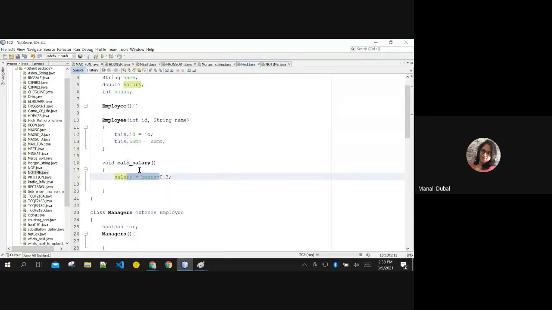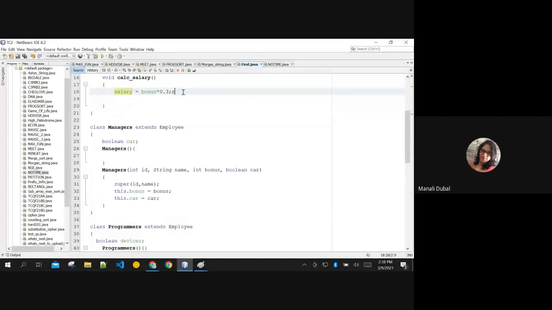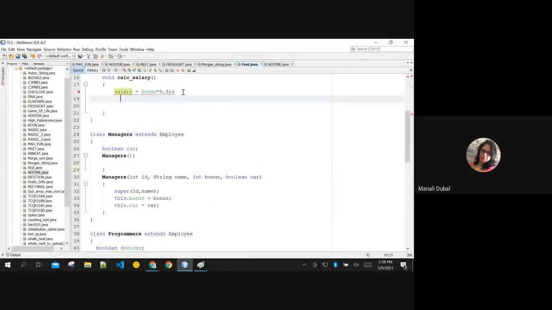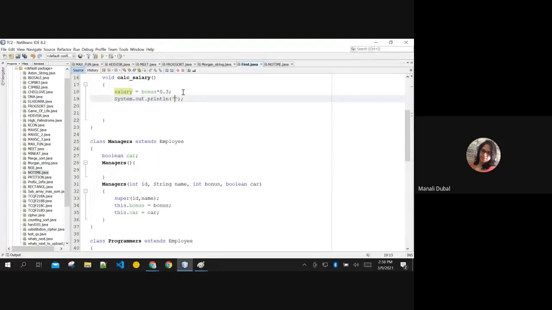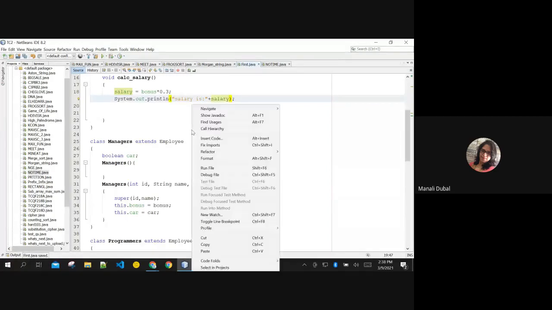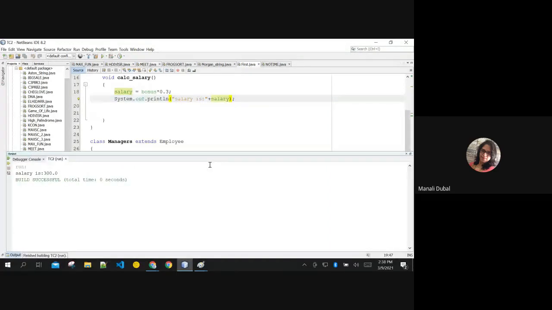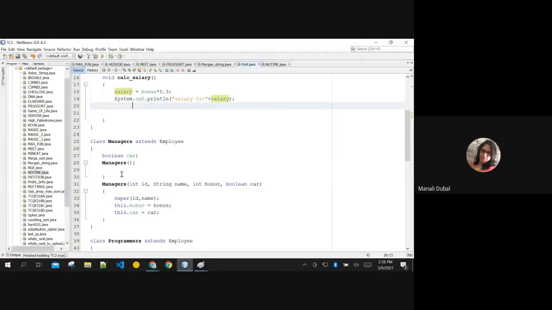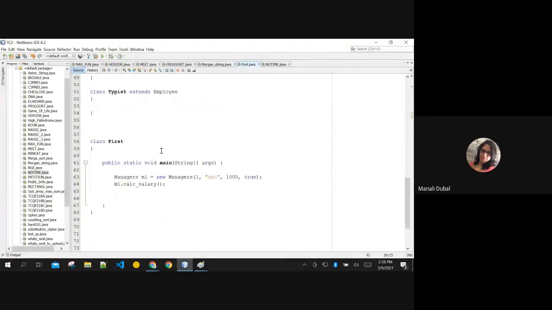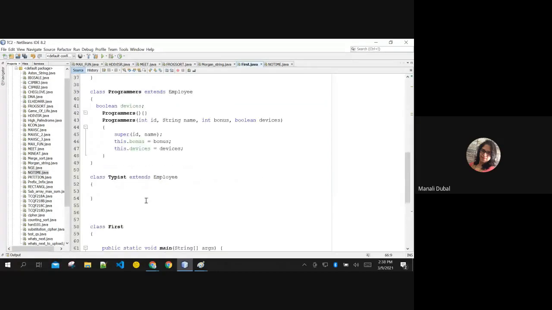Are you getting what we are doing? I have not printed anything. I just have to print this value, so it prints the salary value. I haven't printed it yet, so it is showing you nothing. I can simply print salary. So according to whatever the bonus is for that employee, the salary is calculated. If I create one more object of a class, say for example programmers,